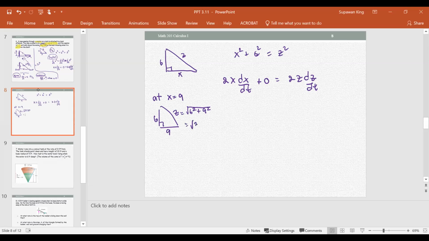So we get 36 plus 81, or the square root of 117 as the z value. Now, another known number: x equals 9, z equals square root of 117, and dz dt is provided as